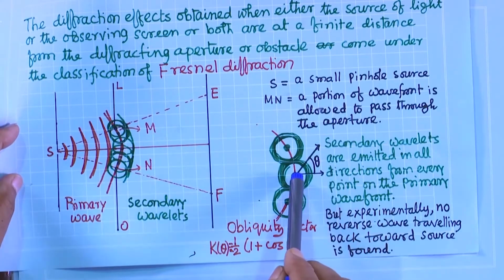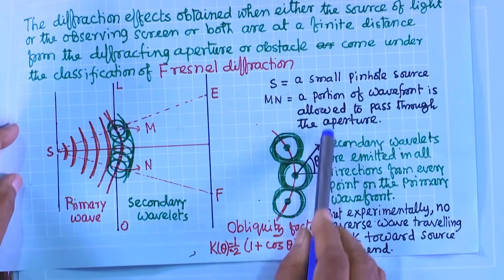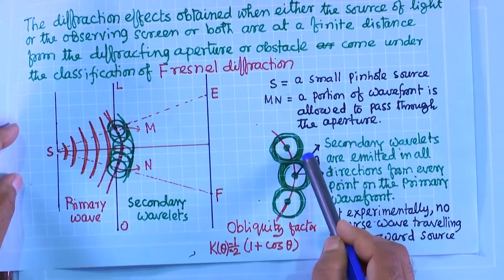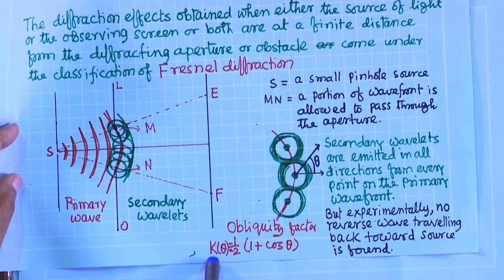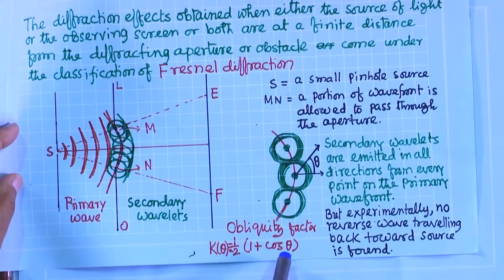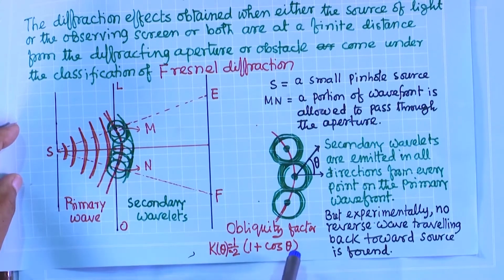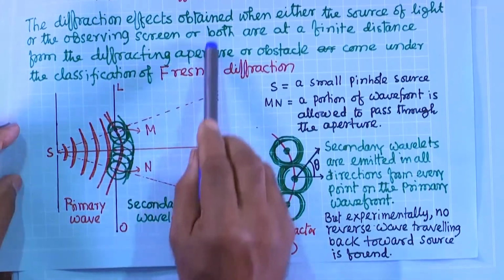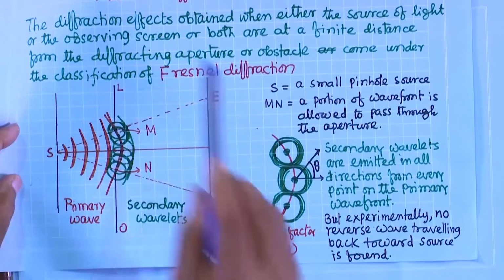If this angle is theta, the amplitude will be modified with this obliquity factor, K(theta), which is equal to half of (1 plus cos theta). That means if theta is 90 degrees,